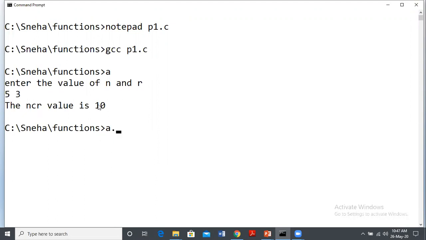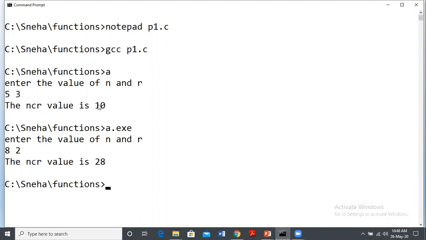If we want to execute with some other value, say we give N is 8 and R is 2. 8C2 is 28. Similarly, you can calculate and find. So minimum of 2 test cases. So here, say we execute,